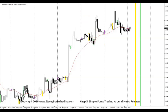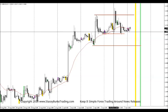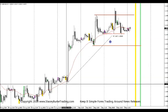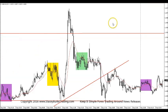But when I looked at the pound yesterday, what I did see was a continuation, prior to London and prior to the announcement, of where London was still holding above that moving average. And so as London opened, the announcement was at 4:30. This is actually the 4 o'clock closing candle. So when I see this pattern, I still see that the upward sloping trend is intact, in terms of where price has been going up until that point. We're still there. So I went down to the 5-minute chart, and again, when we do that,